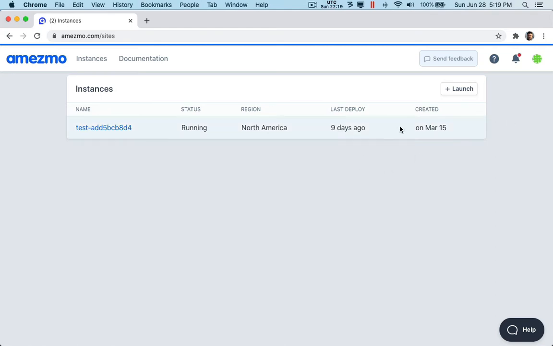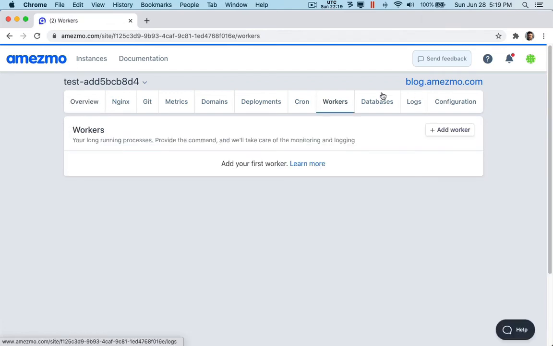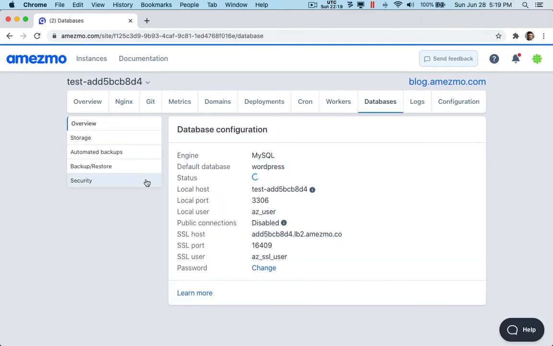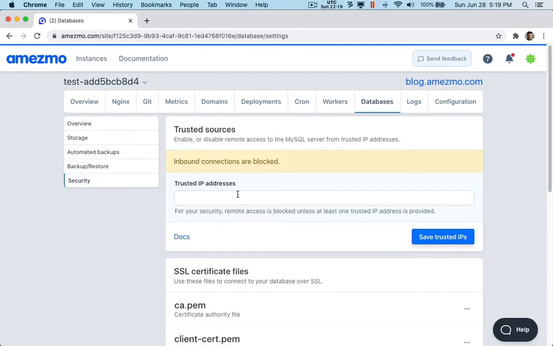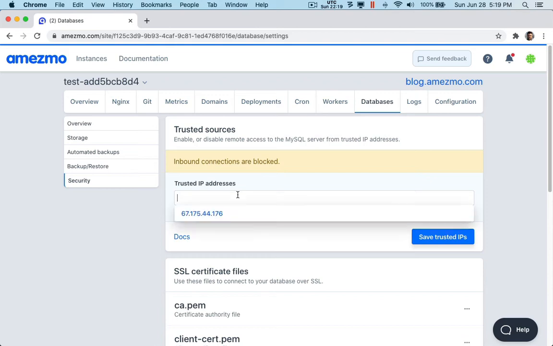So the first step is to go into our database tab and then go into the security subtab. So we have the idea of a trusted source, and a trusted source is an IP address that you know is safe. For example, the dropdown automatically selects the IP address you're currently requesting the Amezmo page from. This is my IP address,